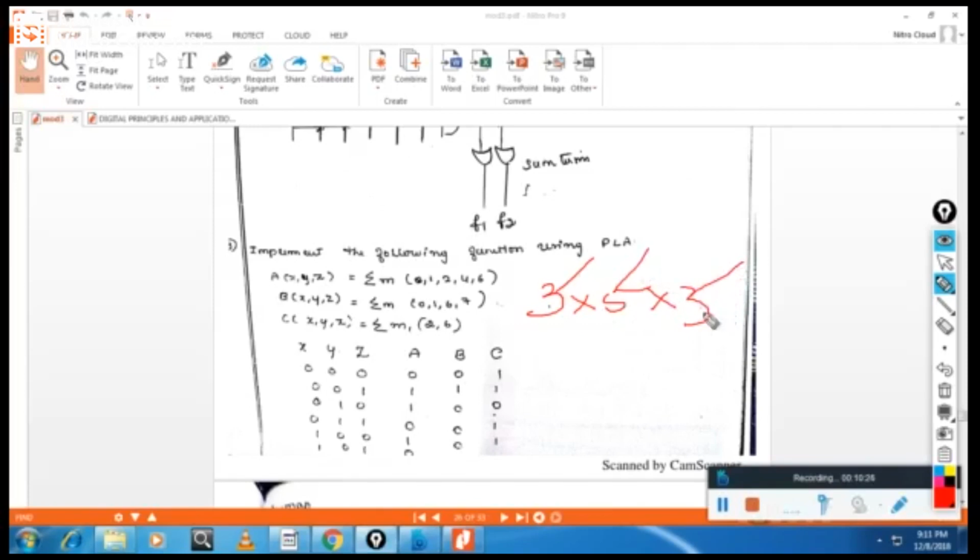First you see whether you can implement this one by using this. Here you see 1, 2, 3 functions are there, so the OR gates match and 3 variables are there. This term is also matching. Only thing is I have to solve this one by K-map and find out the number of SOP terms. Then I have to see whether the SOP terms can be implemented by 5 AND gates.